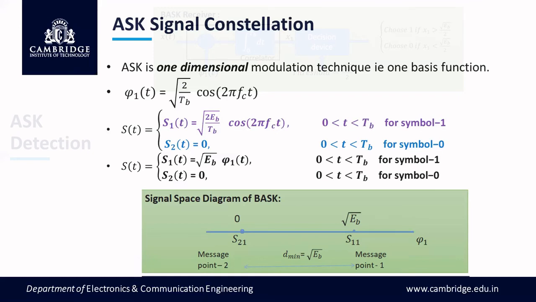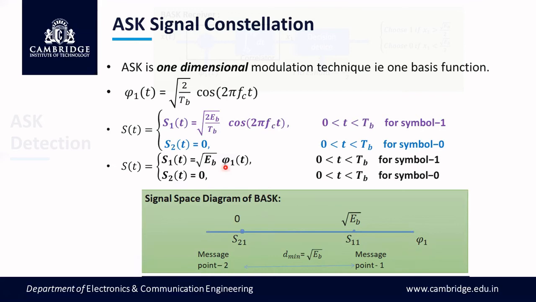If you look into the diagram, I've chosen only one coherent detection, because it is one dimensional. So only one basis function is used to generate the signal in the transmitter, and in the receiver a replica of that basis function is used. I'm talking about phi1. The phi1 of t is taken as the x-axis and is generated in the receiver itself. It is locally generated, as is shown here.